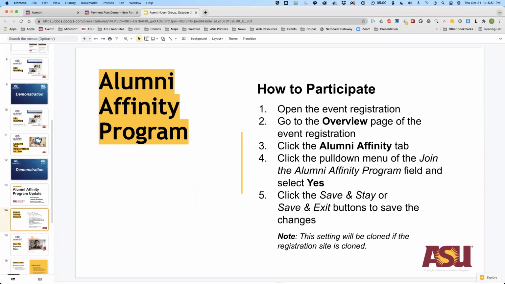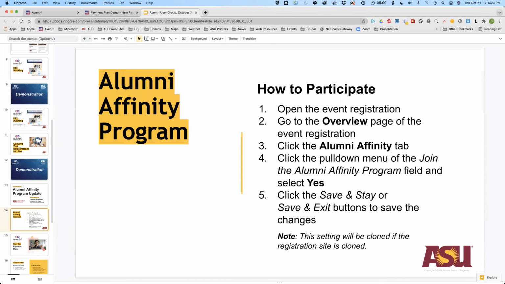Right. One thing, Jason, and it's on me, I still need to send out an email to all the Aventri users about this program, which has only been really promoted here in the user group the last 2 months. So that's on my to-do list. I think when we get that, we'll also get some more engagement, some more participation with that. But that will happen. All right. Well, thank you, Steve. Yeah, happy to help.